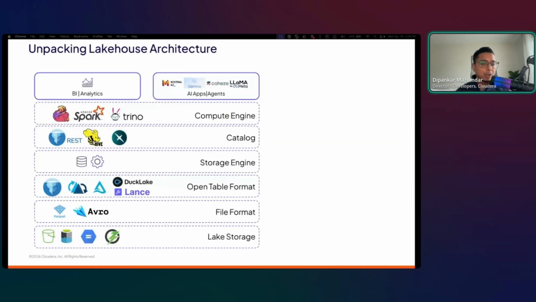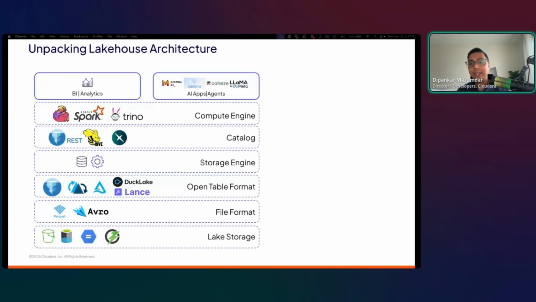So this is where your lakehouse comes in, and without spending much time, a lakehouse basically combines the strengths of a data warehouse and the data lake, right? So you bring transactional capabilities onto low-cost scalable lake storage, right? What that means is you now get things like time travel, schema evolution, indexing, and performance optimization, but on top of those open file and table formats, right? I would like to mention here that the key takeaway is that in a lakehouse architecture, all of these components that you see here are not bundled into one single system, right?